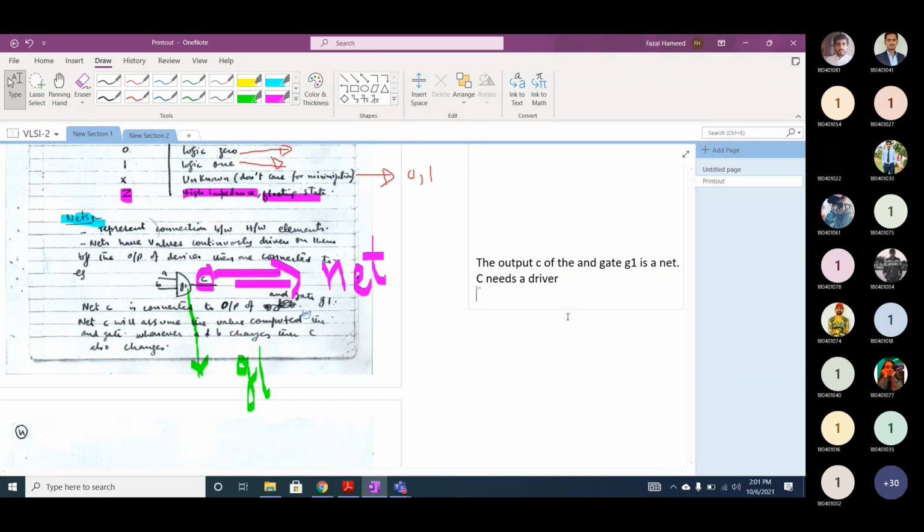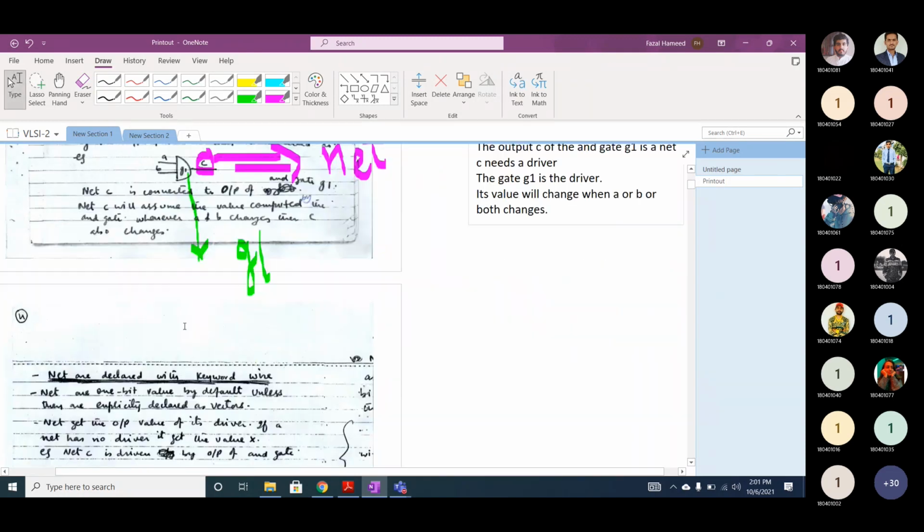Who is the driver? The gate G1 is the driver, and its output value will change when A or B or both change. Got my point or not? Any question?